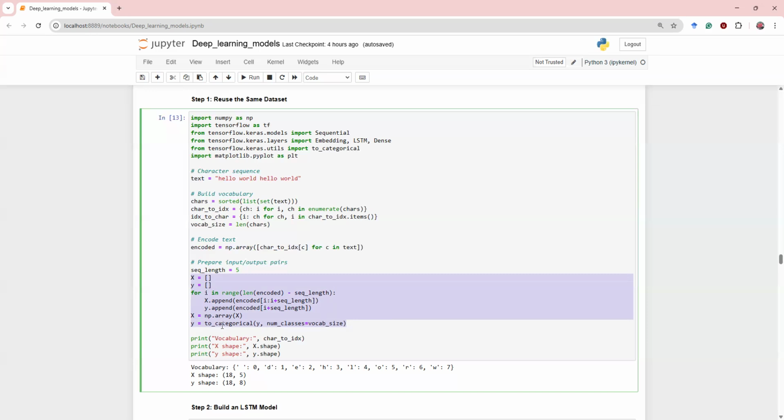And we convert the labels using this line. Convert the labels into one hot encoding for classification using this function. And now look at the shape of our data. After pre-processing, we print the shape of the data set and we get, for the input, 18 examples, each